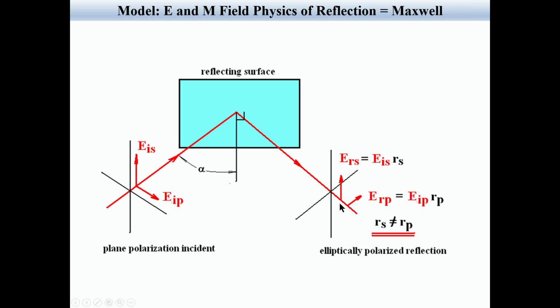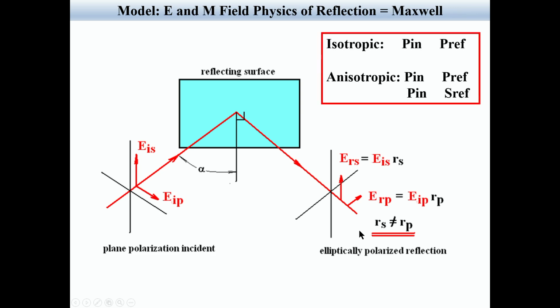This reflected light is no longer plane polarized, but is elliptically polarized, and the sum of the two waves is an ellipse spiraling out towards your face. Now, if the material is isotropic, which we're going to restrict ourselves to for the most part here, then the incoming component of the P